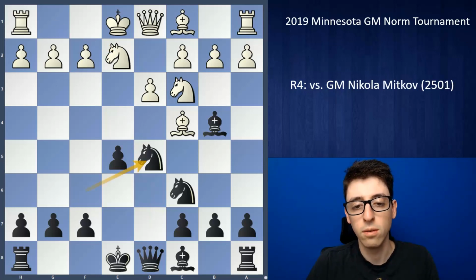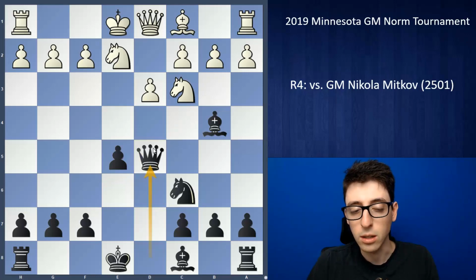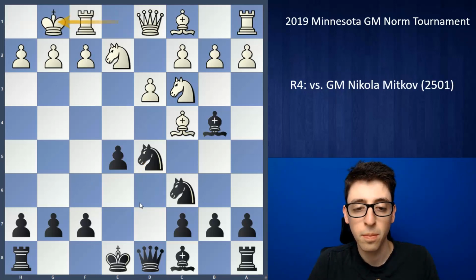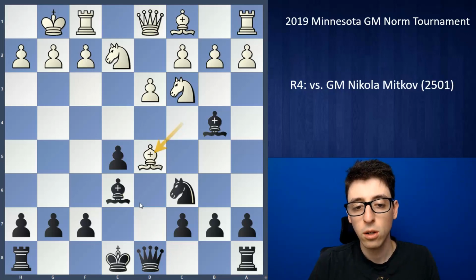Takes, knight takes d5. Now, of course, if white plays bishop takes d5, black can just recapture with the queen thanks to the pin. And here black is doing quite comfortably, having collected the two bishops. Soon the queen will move out of the way and black should be totally fine. So instead, white castles, bishop e6. And now white played bishop takes d5, which looks a little bit counterintuitive, but this is actually the main move